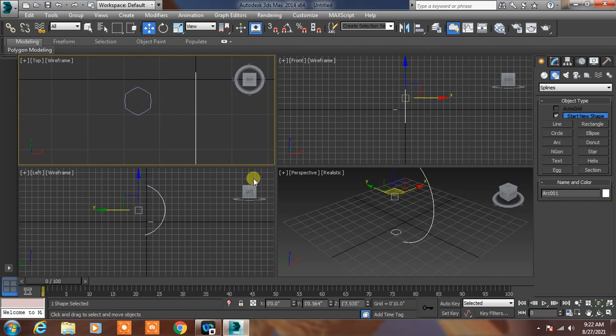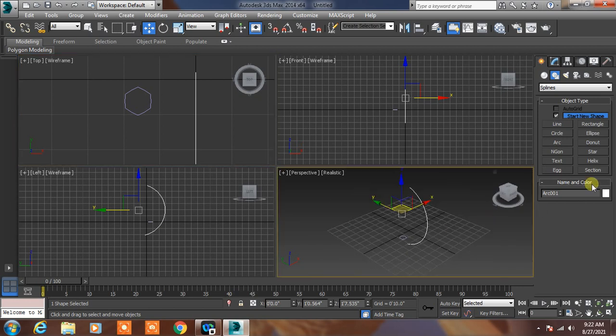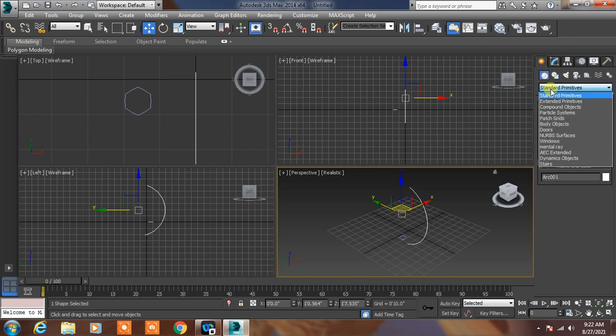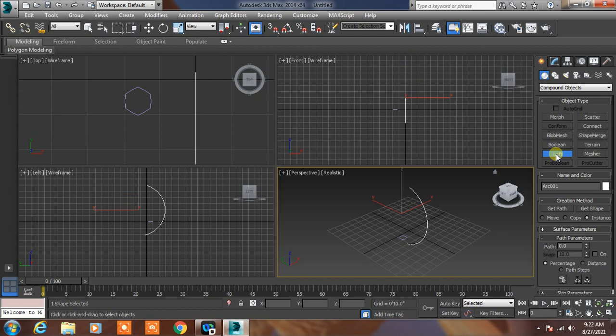Okay, so first you select the path and go to geometry. In the geometry, select compound objects, select the loft option. In that loft option we can create two types.